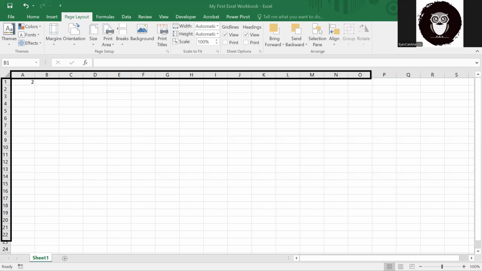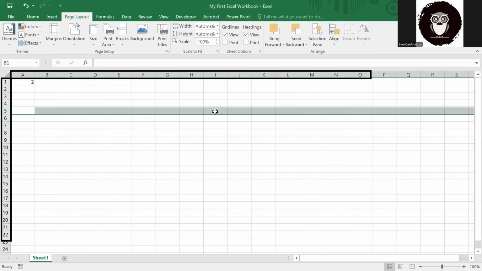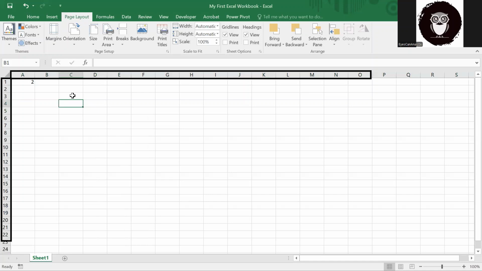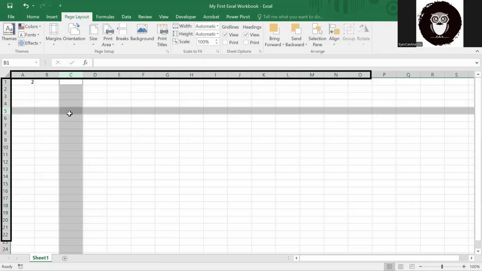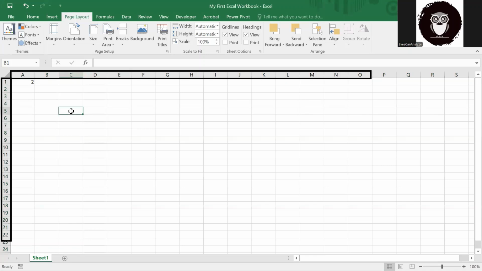It forms the same pattern as we have in a maths exercise book. The rectangle boxes formed by this pattern are called cells. So this rectangle box is called a cell, formed by the combination of row and column. If I select a row and column together, you will find this cell selected. So this is the cell.